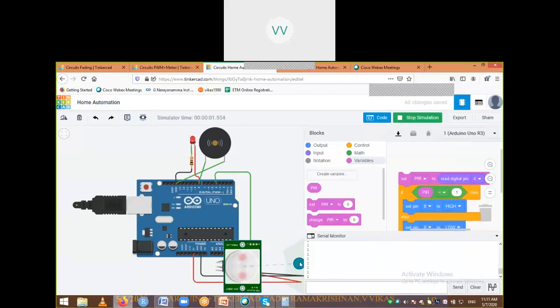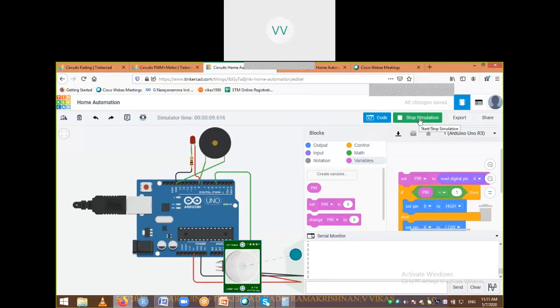I'll try changing the position. We are getting 1. Okay, I'll go out. Okay, again we are getting the value 0, and the LED and buzzer stop. Again I drag inside, move here, and it's coming. So I think earlier, when I moved, the signal pin may have got connected with this 5 volts. That's the reason it was giving 1 continuously, I think.